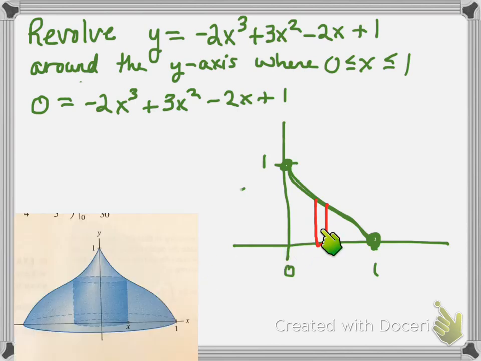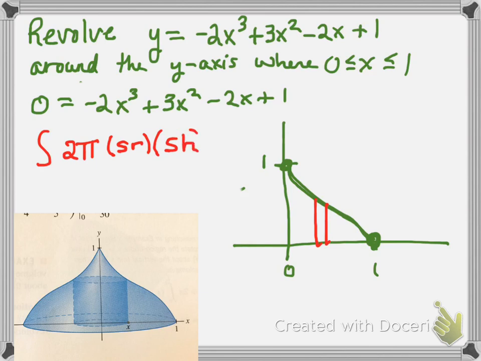Alright, so basically, if you take this and revolve it around the y-axis, you get this Hershey's Kiss looking figure over here. And they've only got one of the shells drawn in for you, the one that would correspond to this partition here. Remember that a shell is kind of like a roll of duct tape with hardly any tape on it. And so we've got a bunch of those, some would be taller than others, stacking up to make this figure. So remember the formula for shell method is integral of 2 pi shell radius